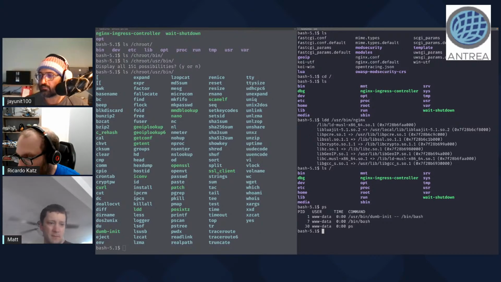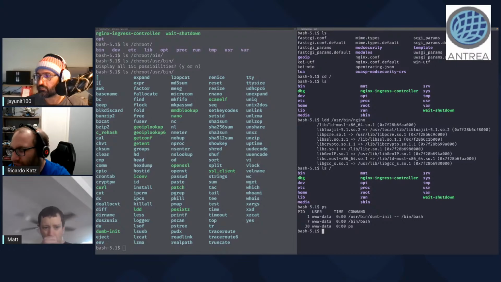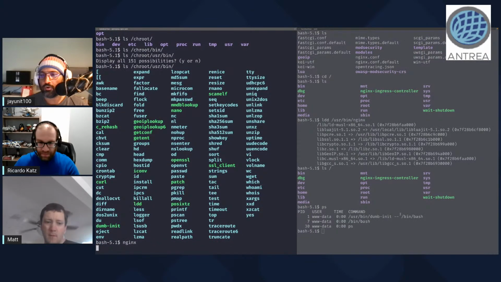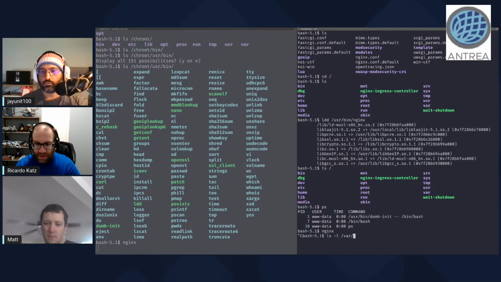It can log to var log and to syslog, but not to standard output. So how can you get the access logs from that shared container, because it's not going to be streamed here, as you can see? So in this case, if I do var log